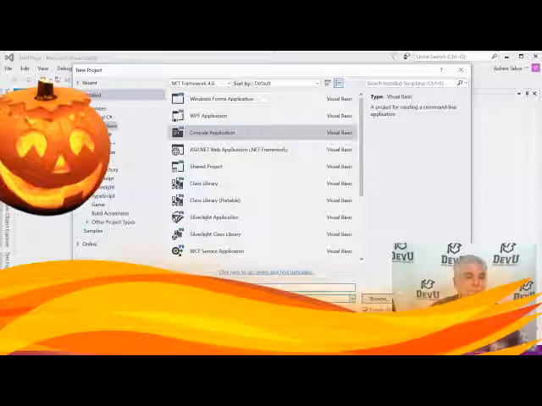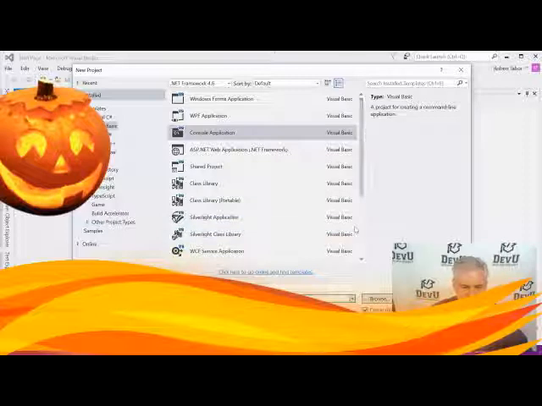By default, it's going to put your new projects into your documents folder. For me, my user on this computer is Bob, and Bob has a documents folder. You're probably familiar with that. Inside of there will be a Visual Studio folder with the year, or rather the version of Visual Studio that you're currently using. In my case, 2015. It could be 2050, I don't know, whenever you're watching this course. And then finally, there's a subfolder called Projects, and that's where we want to start off by saving all of our projects. You could change this and put it someplace else, but if you keep it here, then you always know where to find your projects.